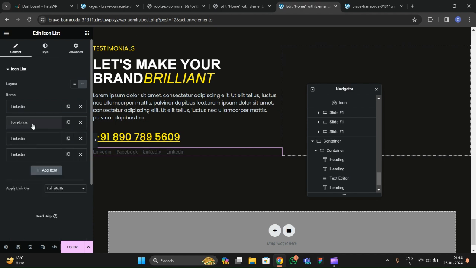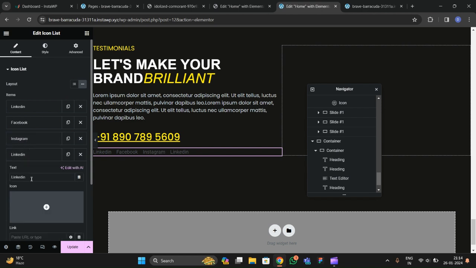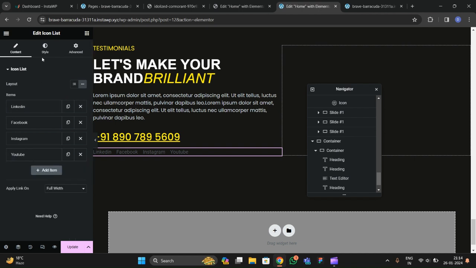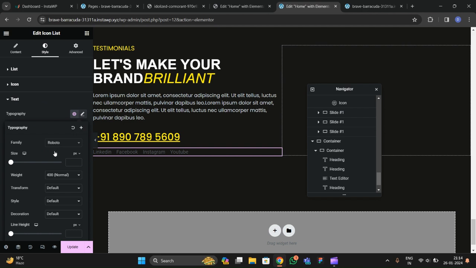Facebook, or if you want to add the links in it, so you can go here and add the links from here. And let's write it here, Instagram, and after that we're gonna write it here, YouTube. Okay, so just go to the styles and from here go to text, and here I'm gonna choose the Poppins font